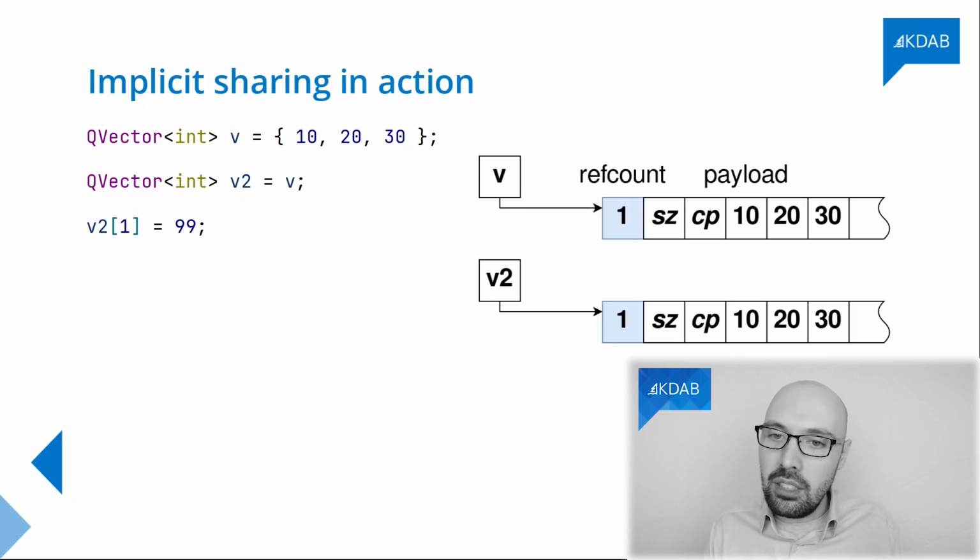So you do the detach, okay? You allocate a new block of memory. You deep copy all the data inside v2. The new reference counter is set to 1. The old one is decremented by 1 because it has lost an owner from a certain point of view. And now that you have your own private detached copy, that's when you can actually do the modification. And so that's when you can go in the second position and modify the 20 and make it 99.